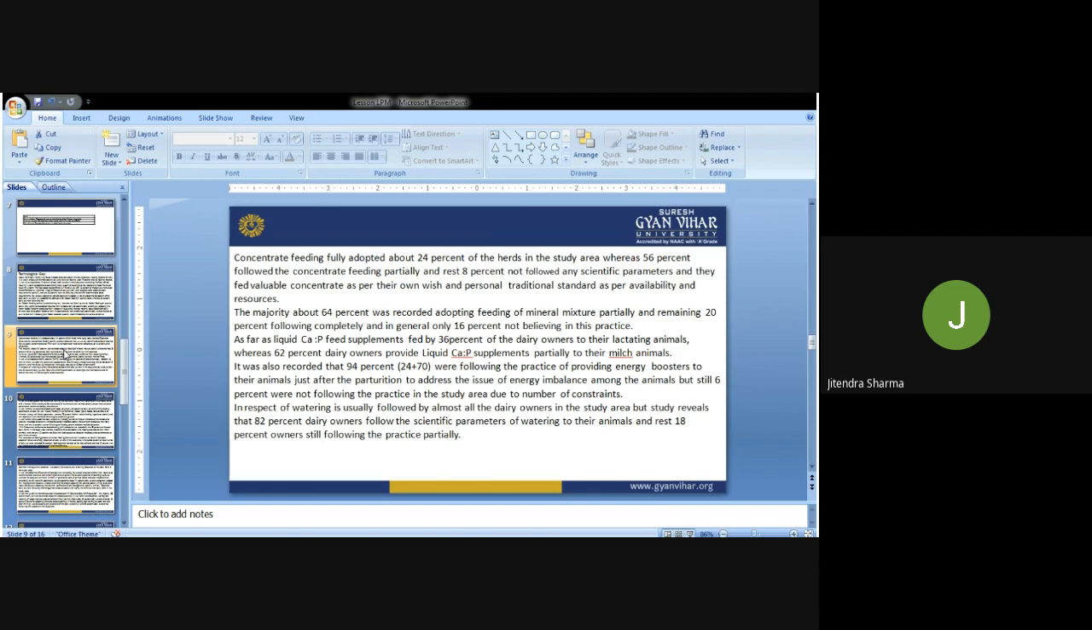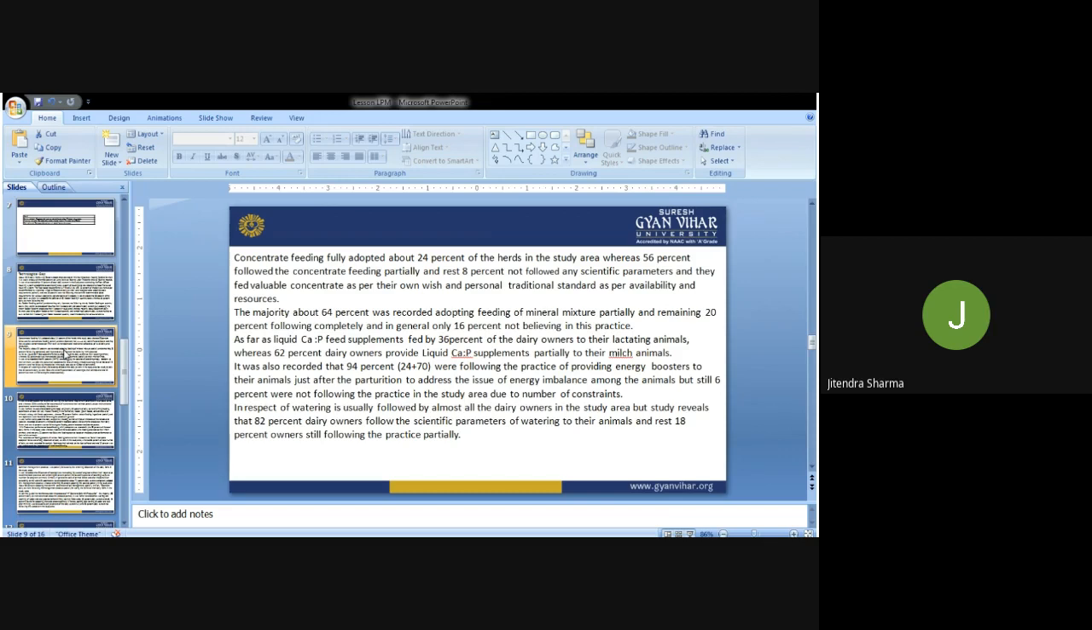As far as the liquid calcium, phosphorus, and the mineral mixtures are concerned, 62% of dairy owners provide liquid calcium and phosphorus partially, whereas 94% of farmers give liquid calcium, 24% fully adopting and 70% partially adopting. So 94% of farmers are providing liquid calcium as per the situations they have in the field. Watering is followed by almost all the dairy owners in the study area, but